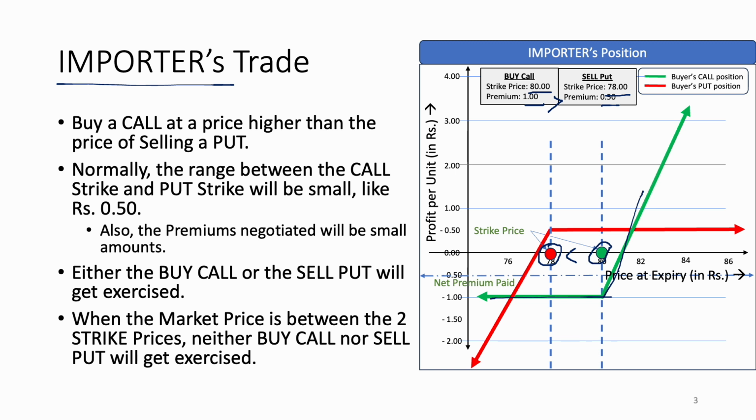Now, the range that the importer will set is normally going to be very small, maybe 50 paise or something like that. However, we are considering, for example, that the range is 2 rupees. This is just an example, but normally in practice, the range will be very small because you would like to trade in a small range and be more predictable, so that the price he gives for buying the currency is lesser. Nevertheless,